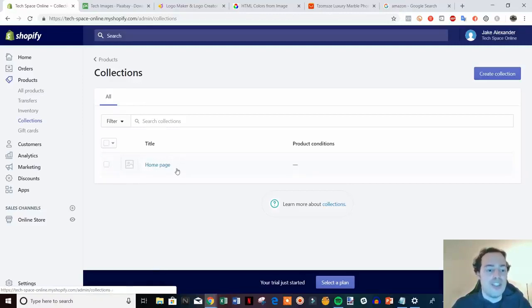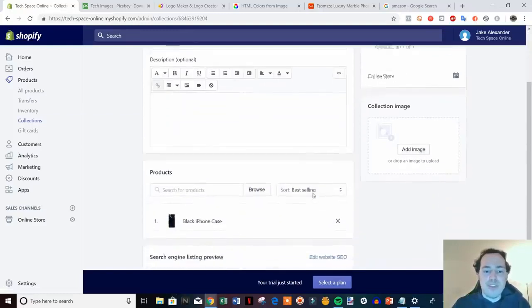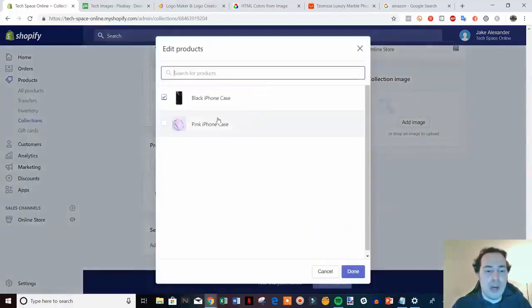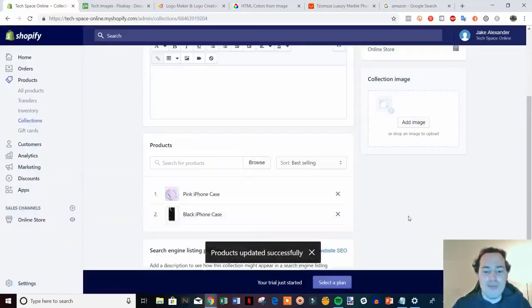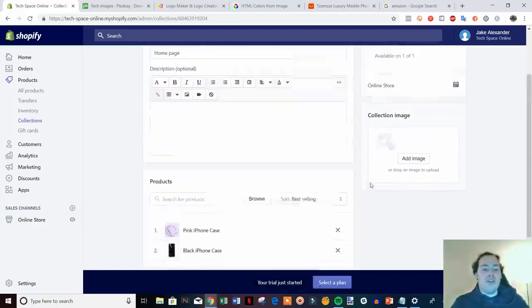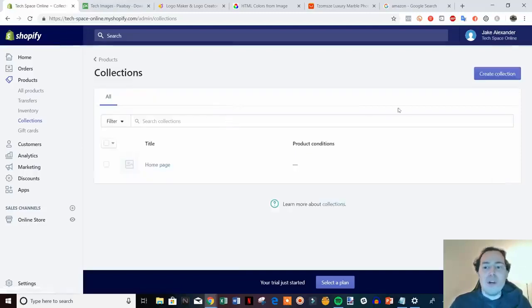So this is the collection of products that is on our homepage that is completely empty right now. So what I can do is I can go ahead and open it up, and we can go ahead and add some products into this collection by hitting browse, and then you can see we can browse our products and we can add some of them in. So at this point, I've added 2 products to the homepage collection. But what I'm going to go ahead and do is create a brand new one to show you how to